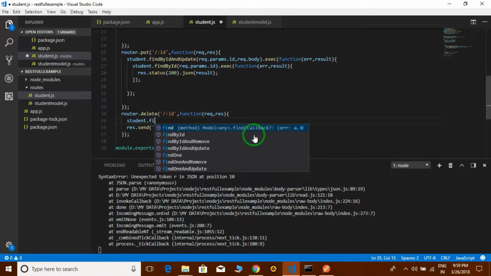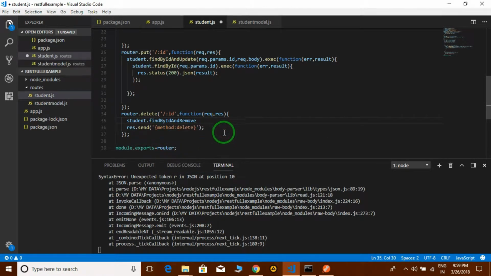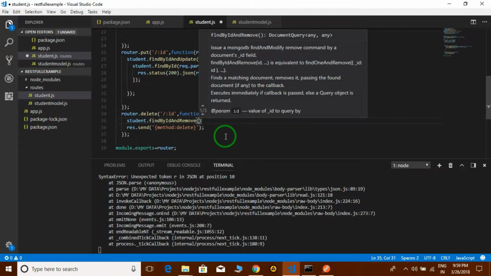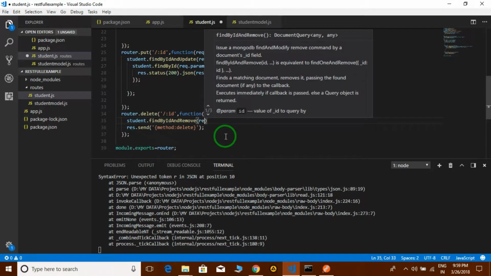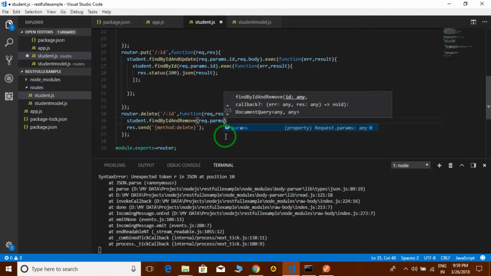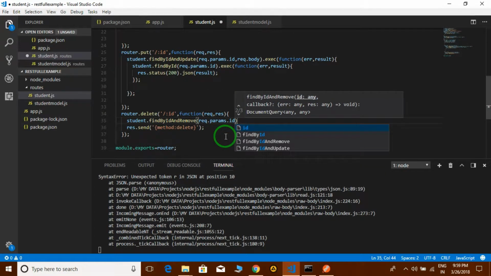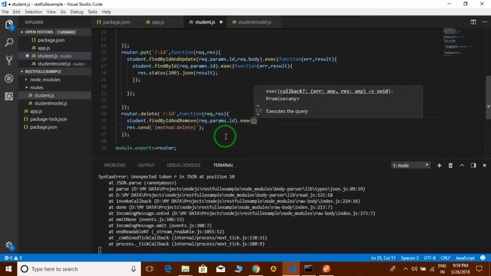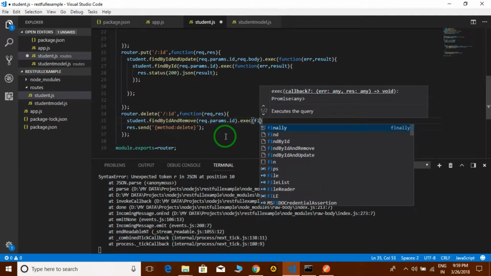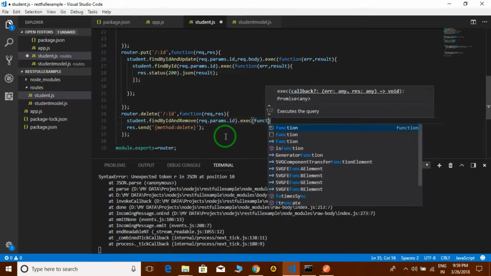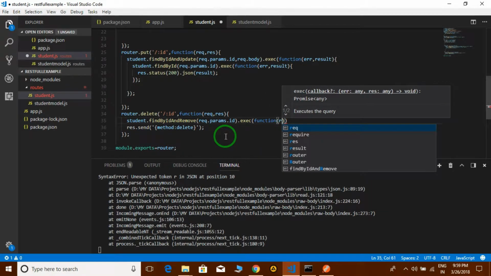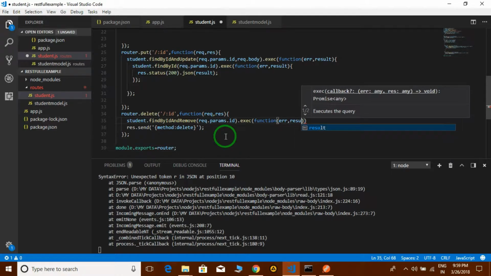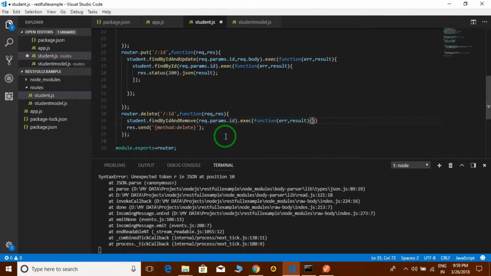dot findByIdAndRemove, and here we have to find the ID, request dot params dot ID, and exec. Okay, this is having a callback function that has two parameters, again error and result. And again we have to display data